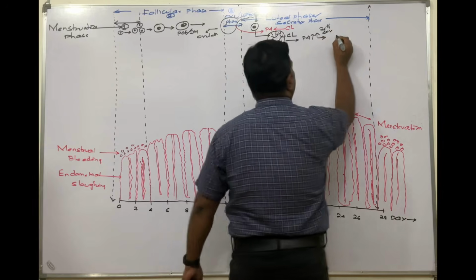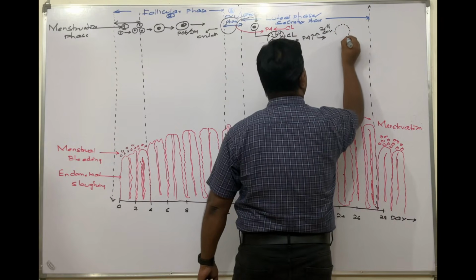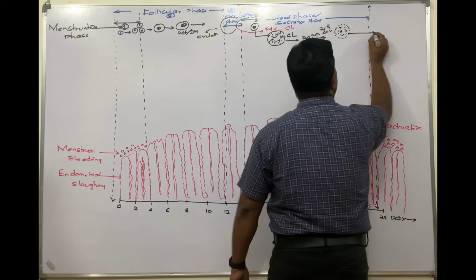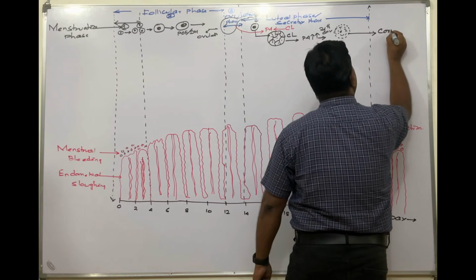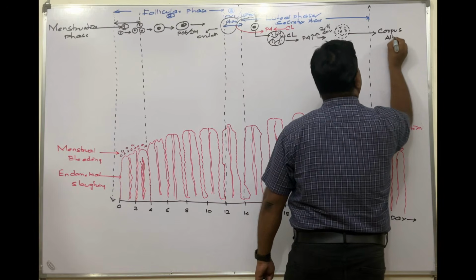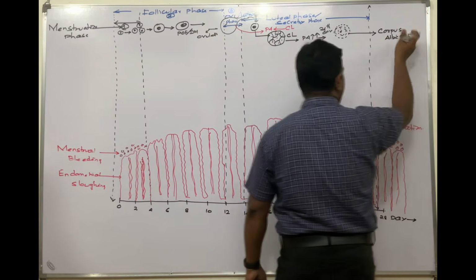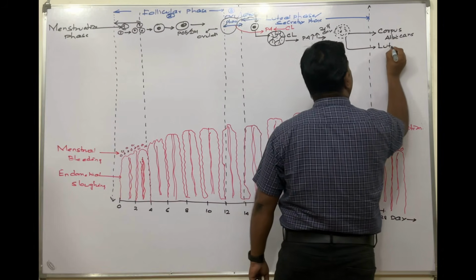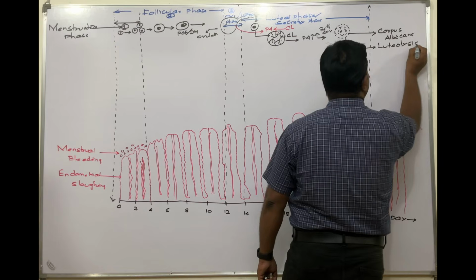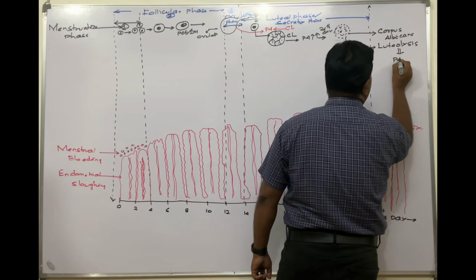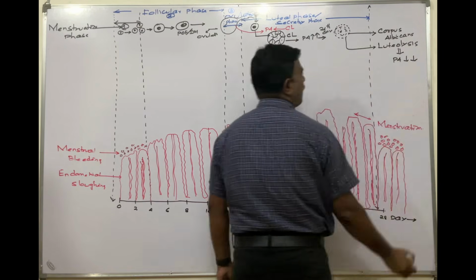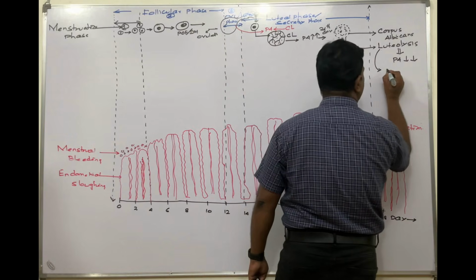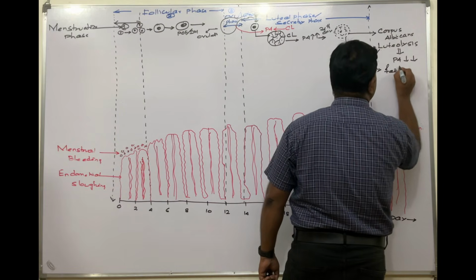And thereafter, this corpus luteum is now degenerated, and this degenerated corpus luteum we can say as corpus albicans. The white body is going to form thereafter. So I can use the word luteolysis. The luteolysis has occurred, and this luteolysis leads to a fall in the secretion of progesterone. This luteolysis is occurring due to failure of